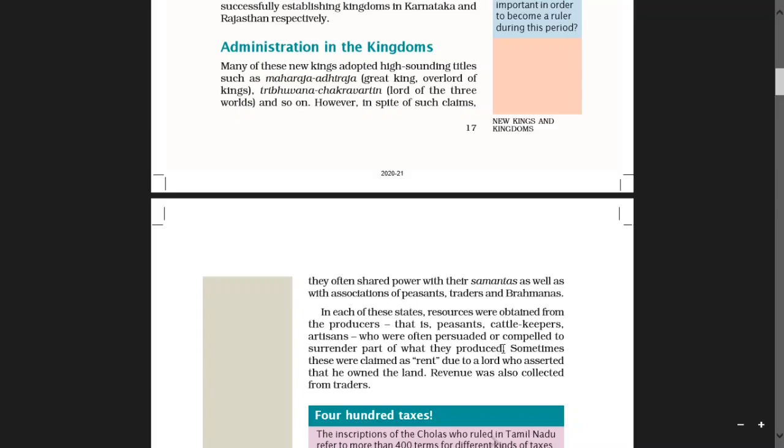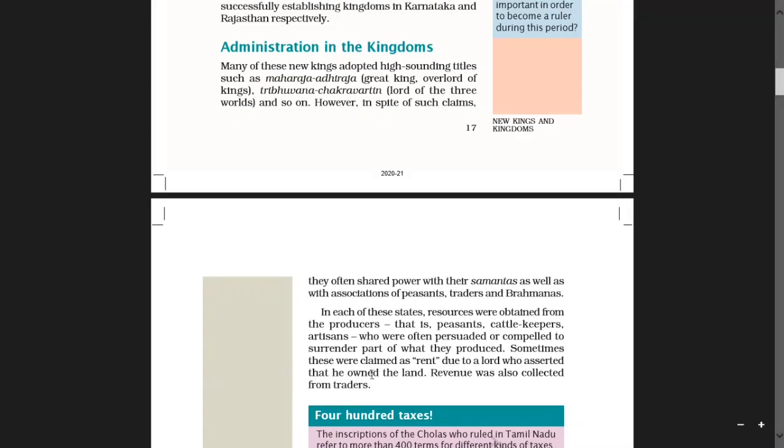Artisans means persons who make things skillfully. They were forced to surrender some part of what they produced.